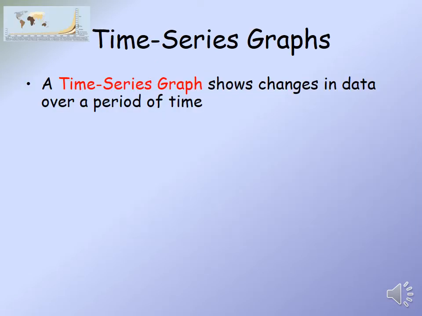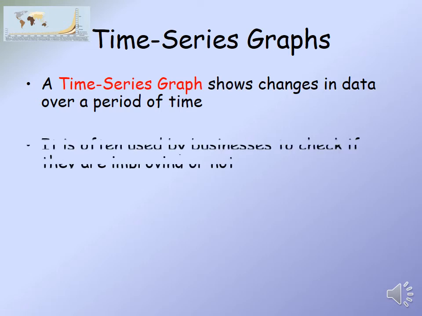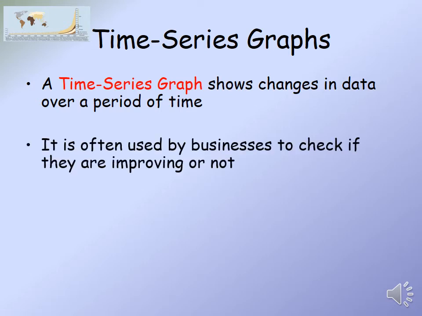Okay, so what is a time series? A time series graph shows us the changes in data over a certain period of time. So it's used by lots and lots of people, and the example here to start off with is businesses. So they need to check if they are improving or not. So one way to do it is to show information or data on a time series. So they could look at sales figures,